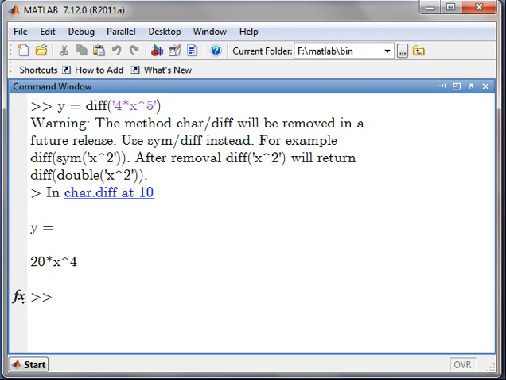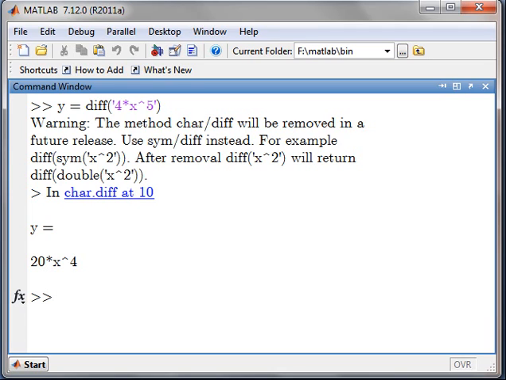Now along with that I am also trying a different command, that is y equal to diff of 4 into x to the power 5. If I give this command, then I get the output, here you can see 20x to the power 4, but along with a warning. What is the warning? The method char or diff will be removed in a future release. So you have to take care of it.